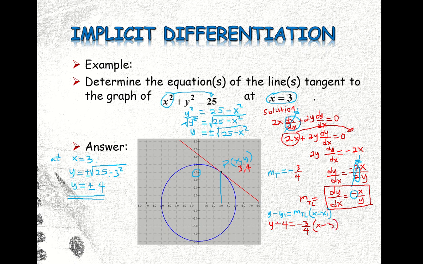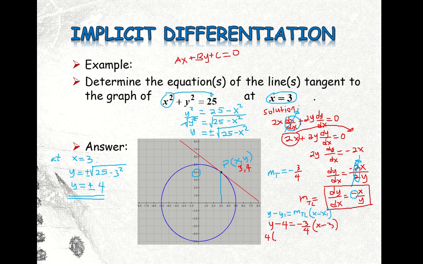Okay, so manipulating this equation, let's express our answer in terms of Ax plus By plus C equal to 0. So we'll make our equation of the line in this form. Multiply both sides by 4. The purpose is so that we can eliminate this fraction here. So when we multiply both sides of this equation by 4, we have 4